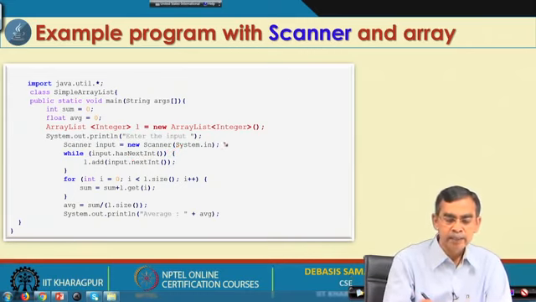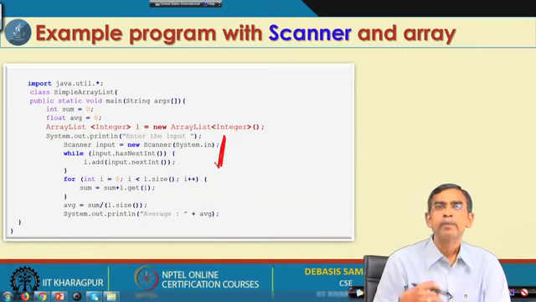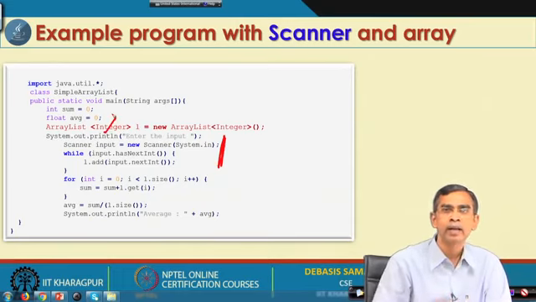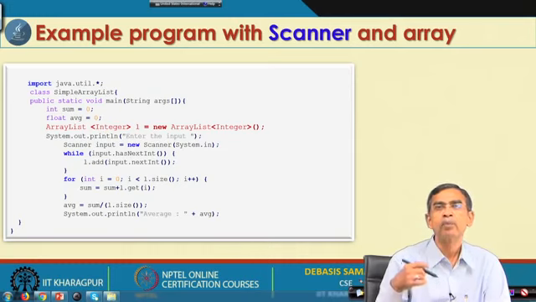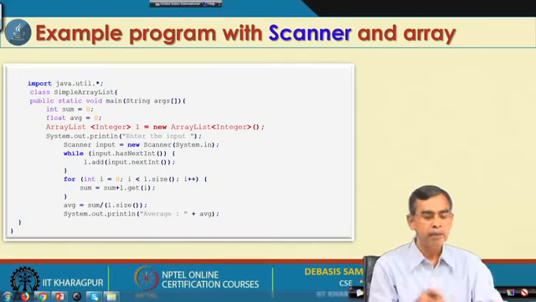So, here you can see that using this concept we will be able to read a number of objects, or numbers rather, or any type of objects. Here, for example, Integer; if it is float type, we can declare a float array, whatever it is. So, the user can specify a number of objects of different types, and they can be read from the keyboard and stored here.